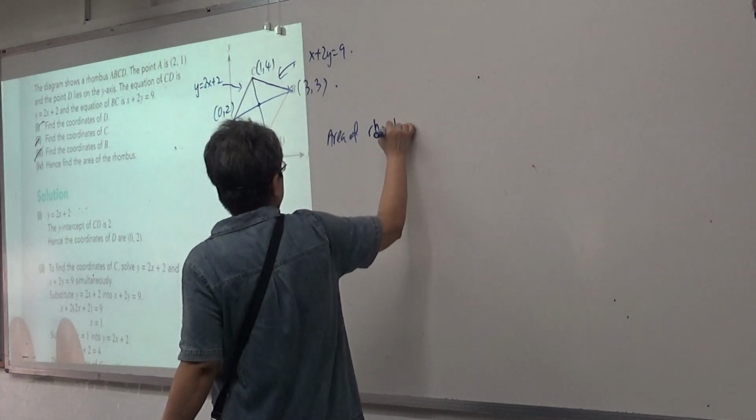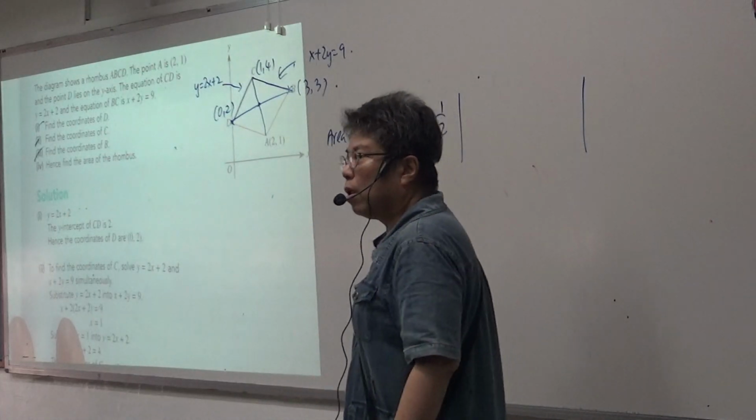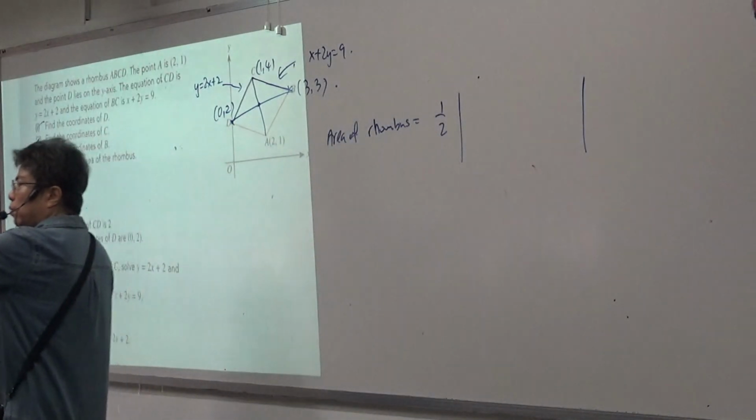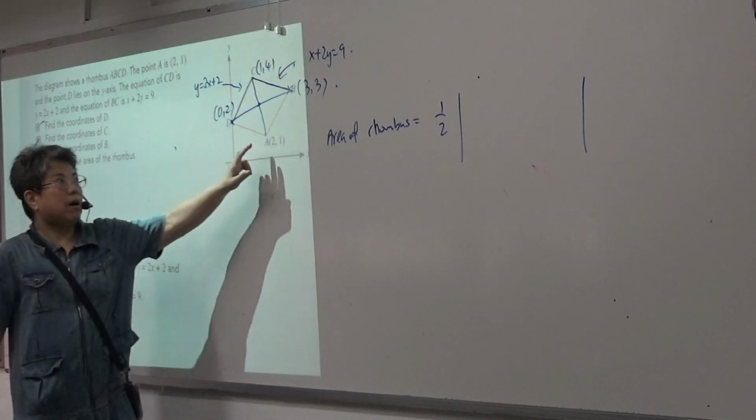Area of rhombus will be half. Like that, right? Okay. Whole class look at the box. Which one would you like to choose first? A. But if I choose A,